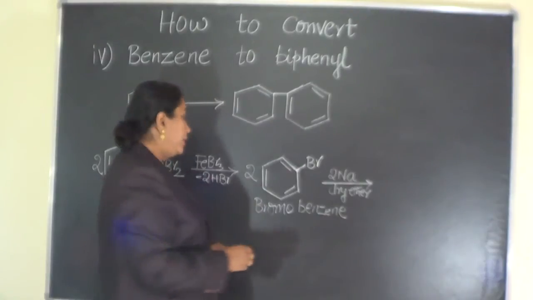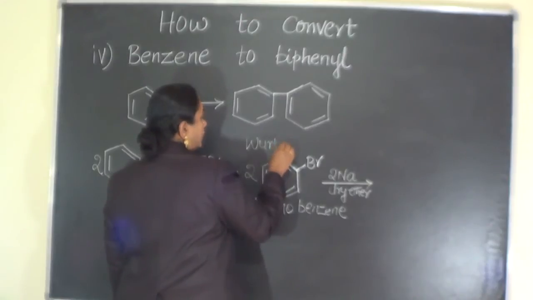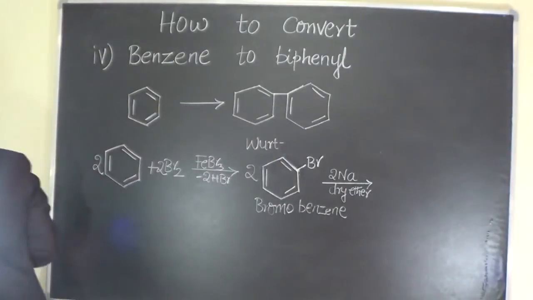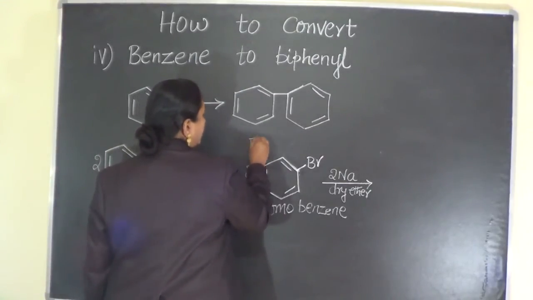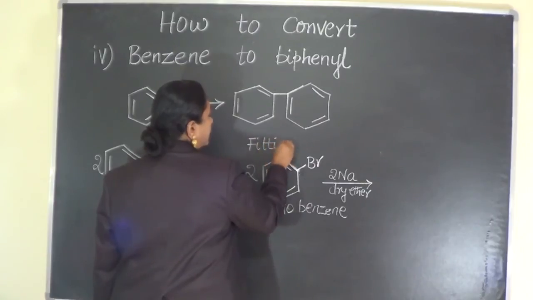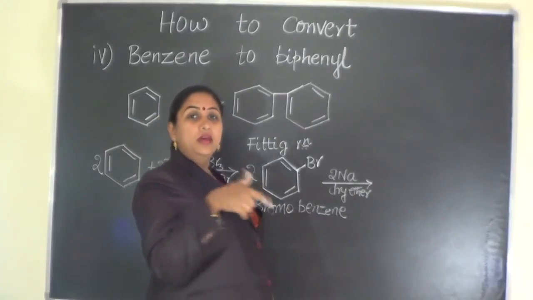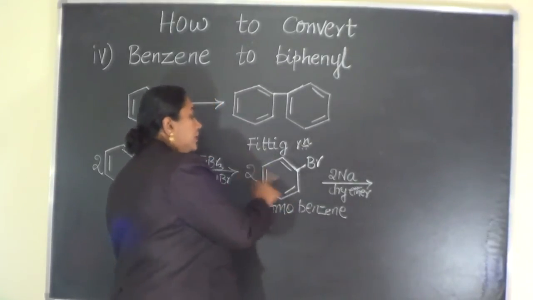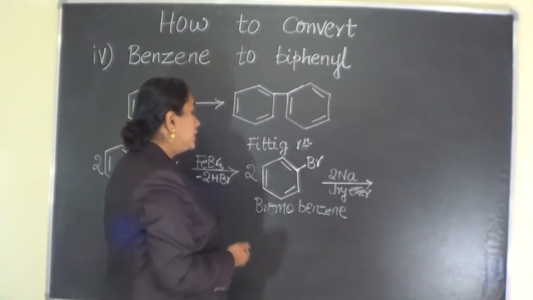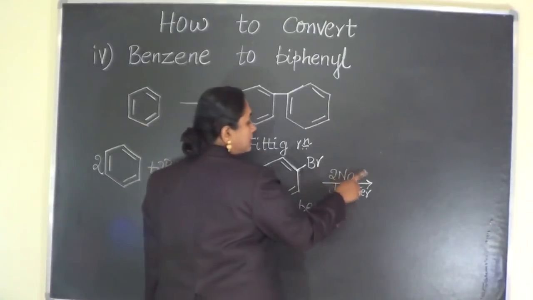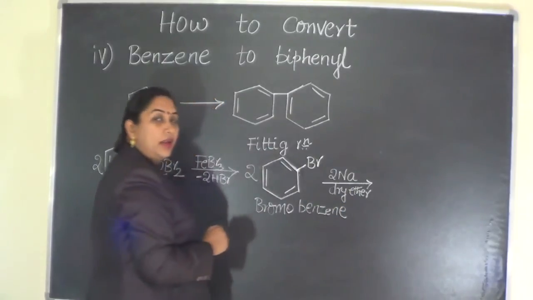This reaction has to be called by the name Wurtz-Fittig. This has to be called the Fittig reaction only. Wurtz-Fittig reaction will have one molecule of alkyl halide and one molecule of aryl halide. Since both of the molecules considered here are aryl halides, the process is called Fittig reaction. The condition remains the same as in Wurtz reaction, to be treated with metallic sodium in presence of dry ether.